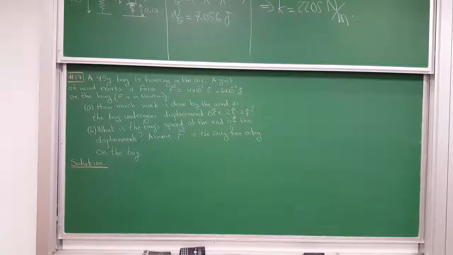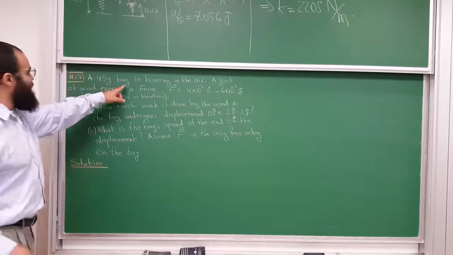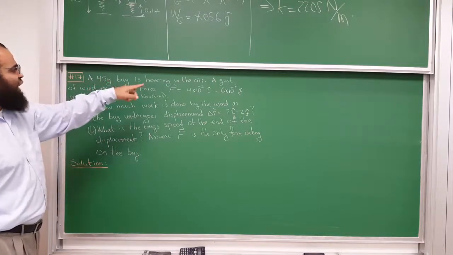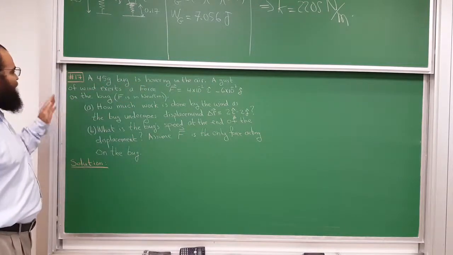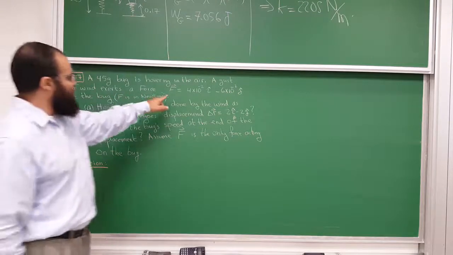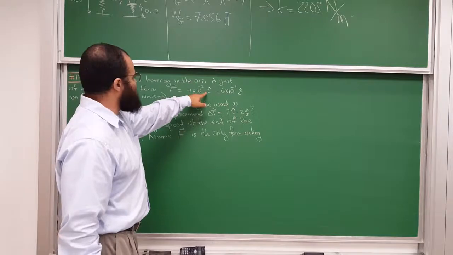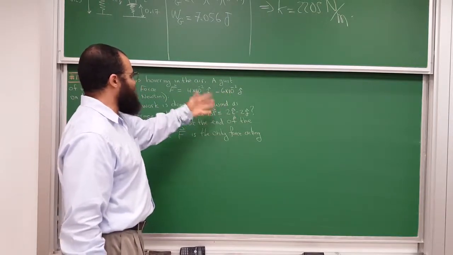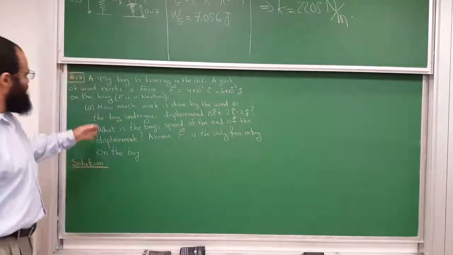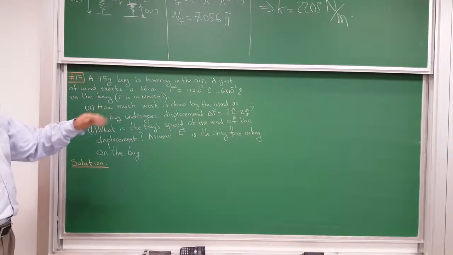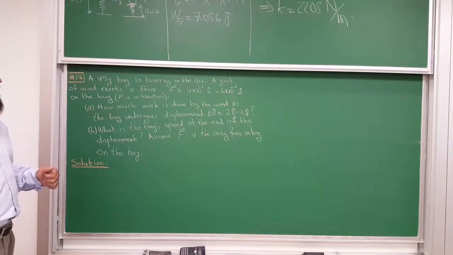To this problem here, it says you have a 45-gram bug, that's a huge bug, hovering in the air, and then a gust of wind exerts a force F, which is 4 times 10 to the minus 2 i hat minus 6 times 10 to the minus 2 j hat, and of course the force is in newtons. And then it says how much work is done by the wind as the bug undergoes a displacement delta r